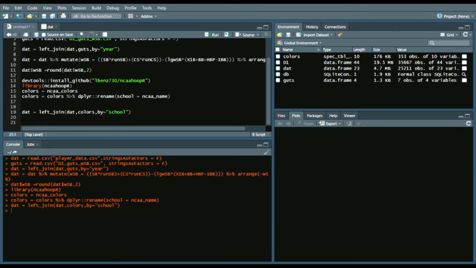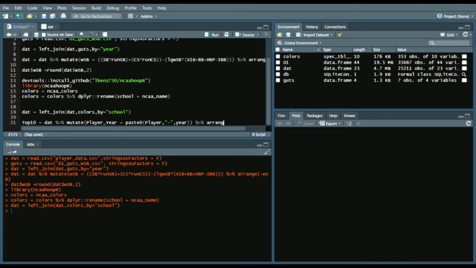All right. Now, next, we'll do a top 10. Like I mentioned, again, in the weighted runs above average video, it should look pretty similar. So, top 10 equals dat piping operator mutate player year equals paste 0, and what that essentially does is takes the player name and the year and puts it into one singular string. So paste 0 player, comma, dash, so that way we understand that there's a dash in between the two, year,